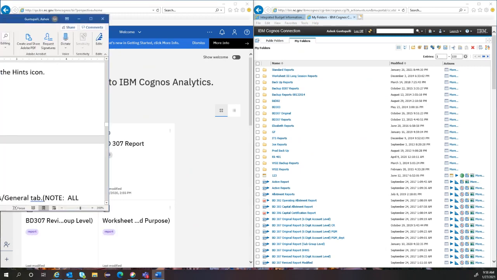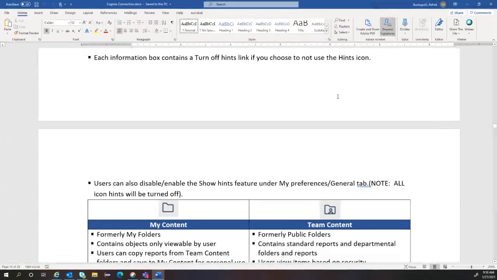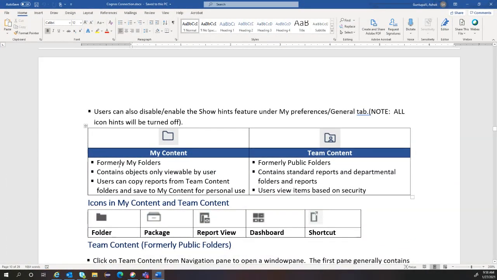I'll show you a few things. My content is formerly my folders, and team content is going to be the public folders, containing objects viewable by users. Whoever logs in and creates the content, this contains standard reports as well as department folders and the reports. Users can copy the reports from team content and save them to my content for personal use. The reason I say personal use is that we don't have access to execute the reports in a batch process. If you want to create one in a batch process, what you have to do is